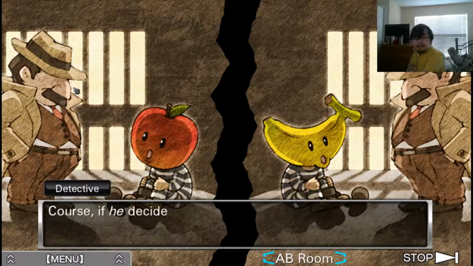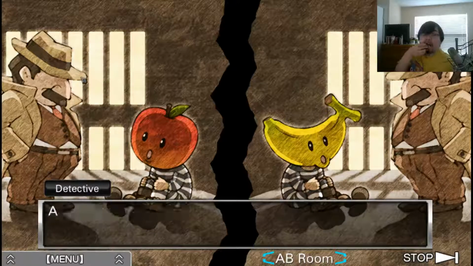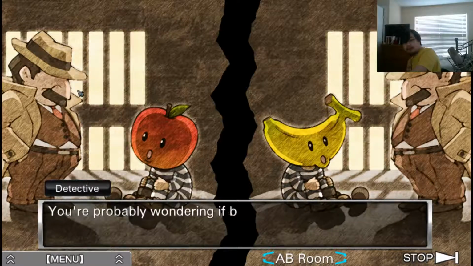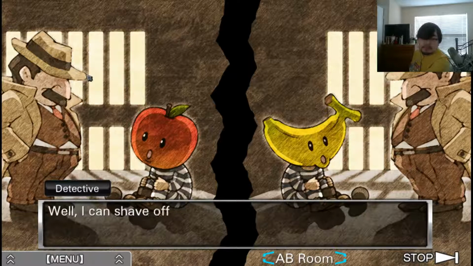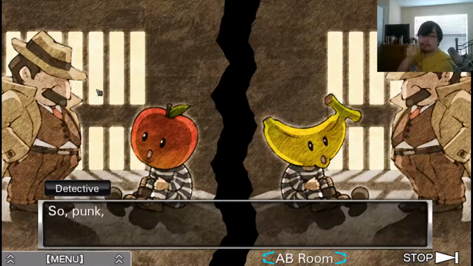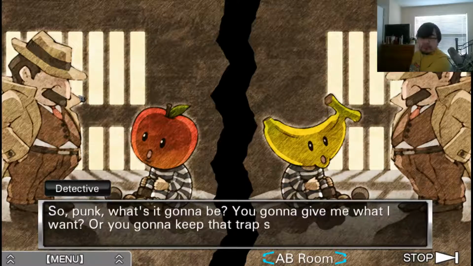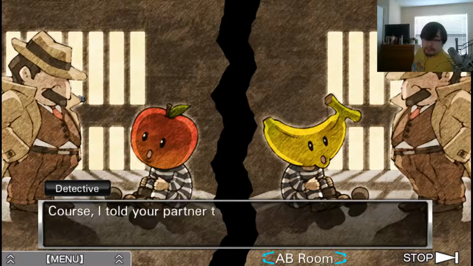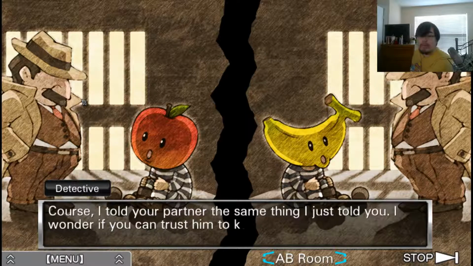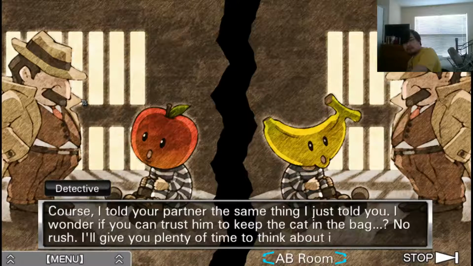Of course, if he decides to spill the beans, it goes the other way. He gets 1 year, and you get to spend 15 years eating government cheese. You're probably wondering if both of you confess. Well, I can shave off a little time for saving you trouble, but you'll still both do 10 years. So, punk, what's it gonna be? Gonna give me what I want, or you gonna keep that trap shut? Of course, I told your partner the same thing I just told you. I wonder if you can trust him to keep your cat in the bag. No rush. Give you plenty of time to think